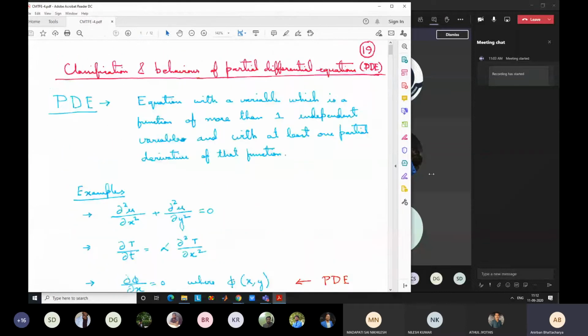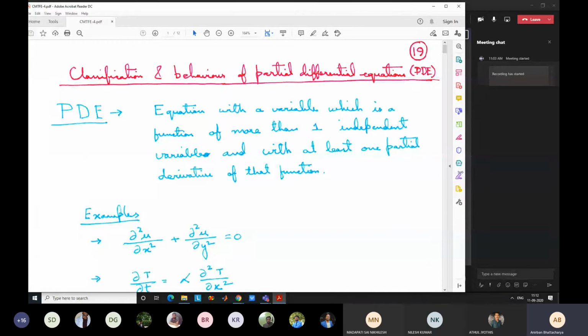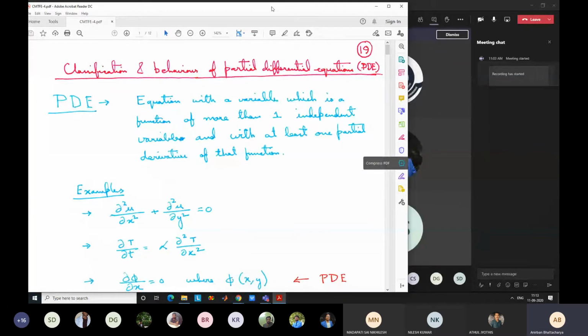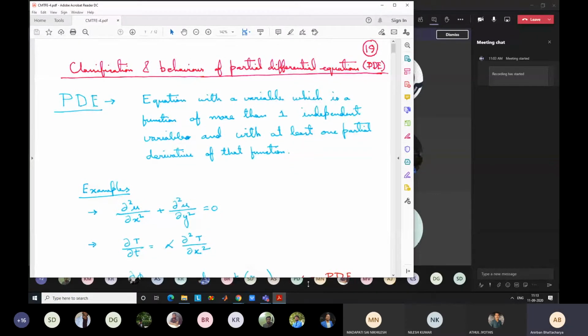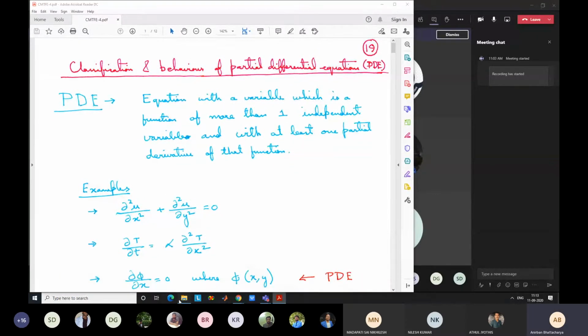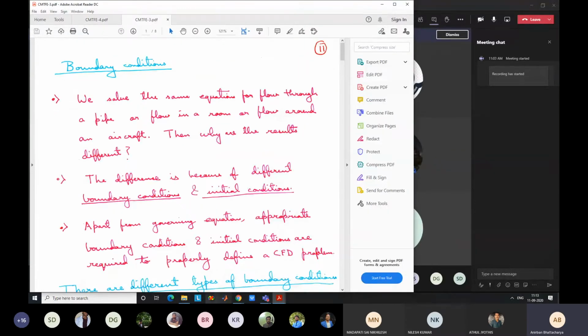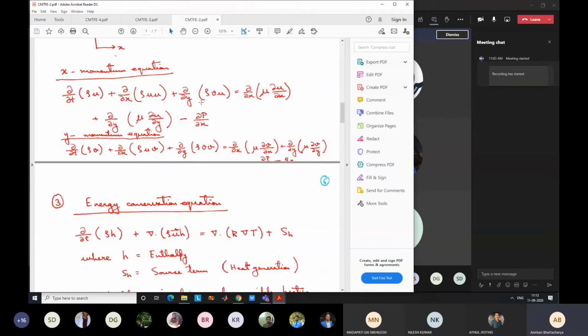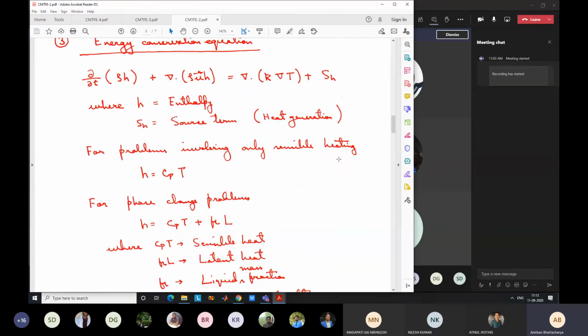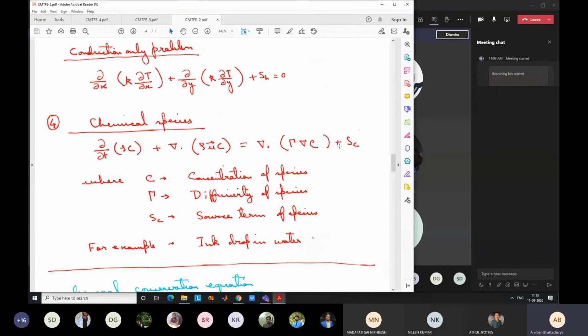So we will go to the next topic. Okay. So till now what we have done, just let me minimize the screen. We have gone through the basics of the conservation equations. If you see the previous documents, not this one, even before that. So we have gone through the basic conservation equations, the mass conservation, momentum conservation, energy conservation, as well as species conservation, which is a general type of conservation equation. And any other conservation equations also can be written in this form.